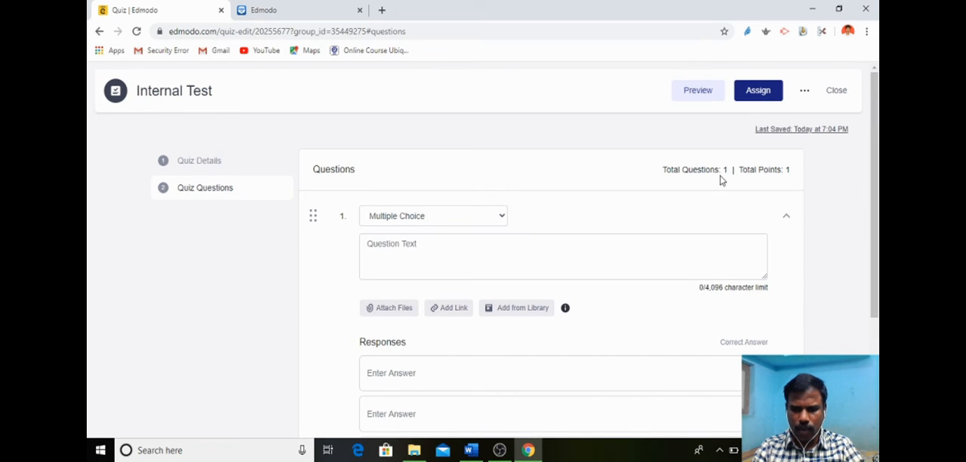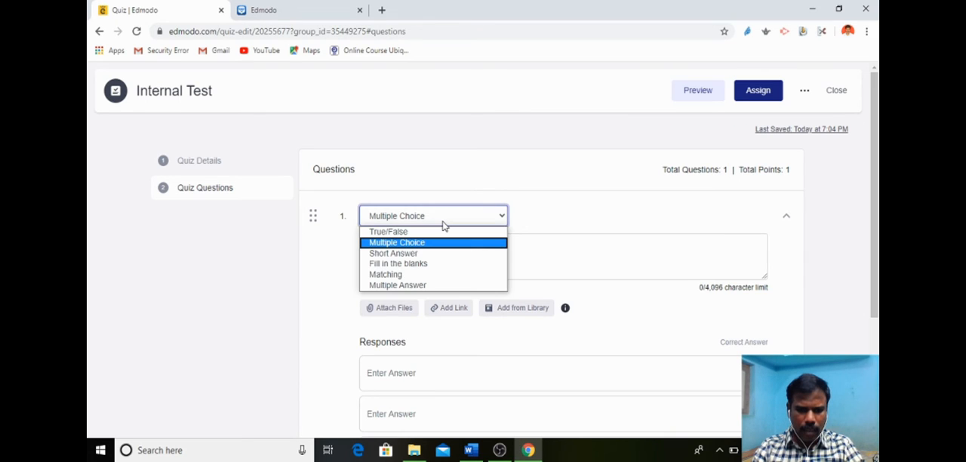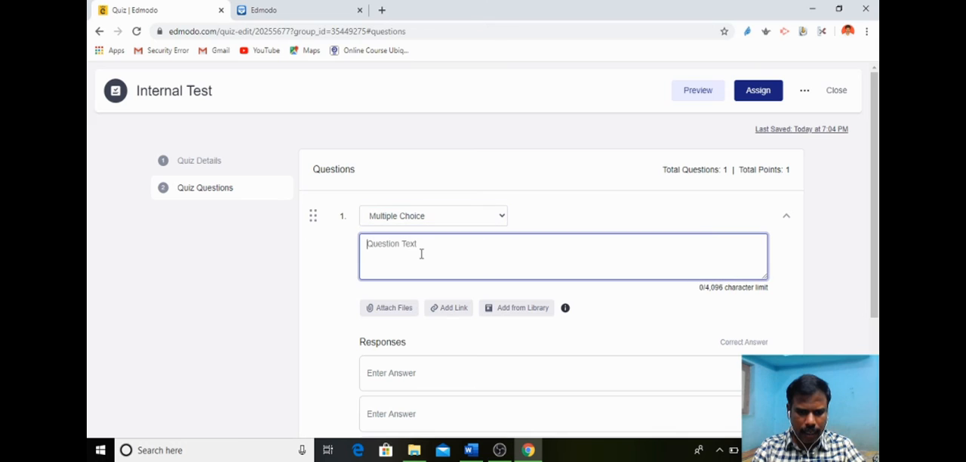Here you can see how many questions and how many points, and here the question types: multiple choice, short answer, fill in the blanks, matching, or multiple answer. So a multiple choice question is there. After selecting the question type, I can type the question. What is meant by